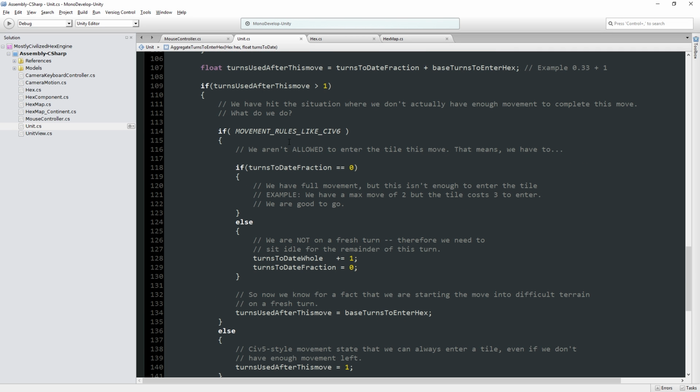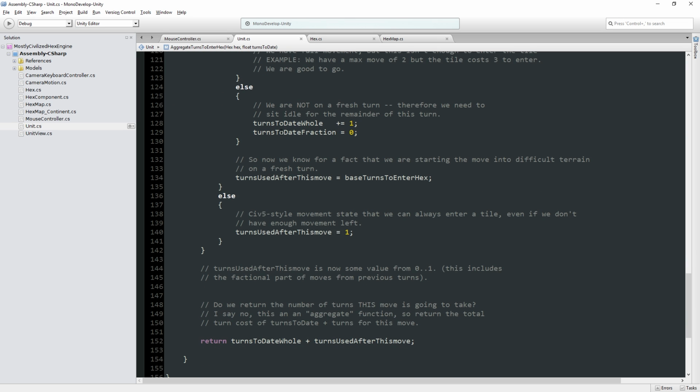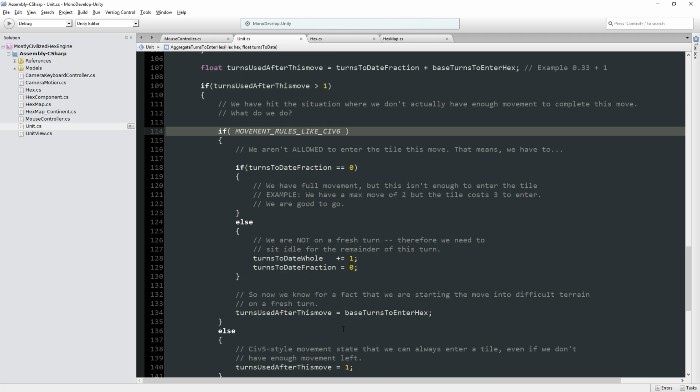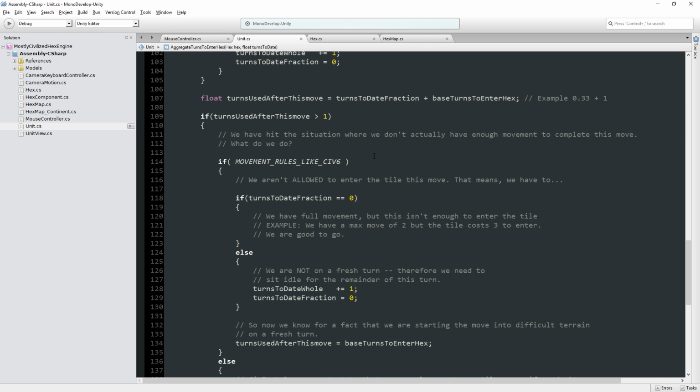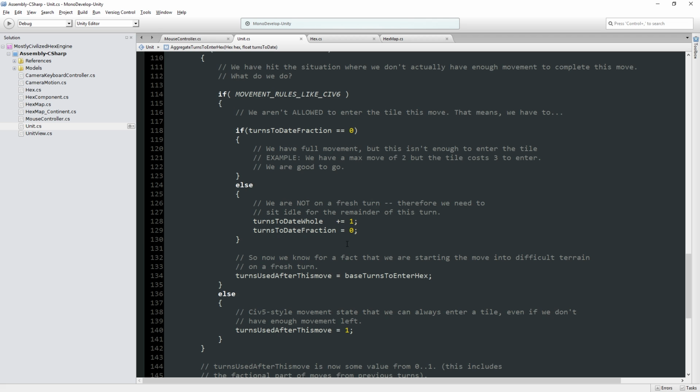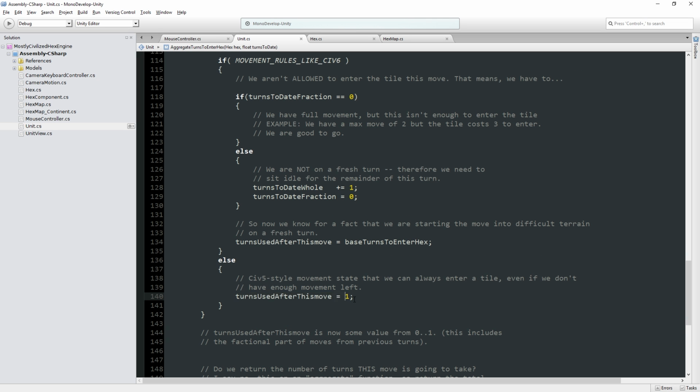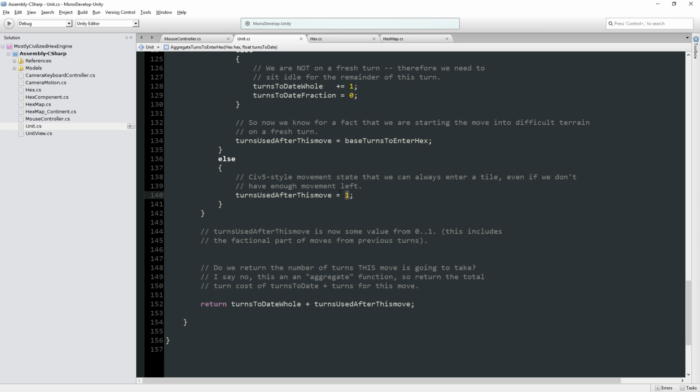If we look at the Civ 5 set, if we don't work like Civ 6 and we're working like Civ 5, instead what we do is we set the turns used after this move. So we're back to the example where our whole turns is 4, our fraction was 1/3, and our base turns to enter the hex is a full 1. So turns used after this move would be 1.33, but instead we say, oh no, after you enter the forest, you're going to have used your full movement for the turn,